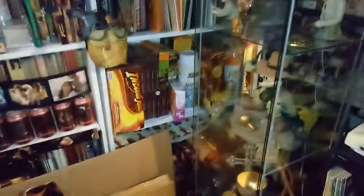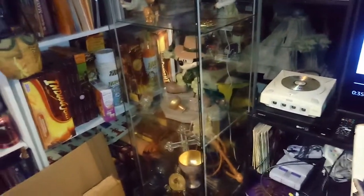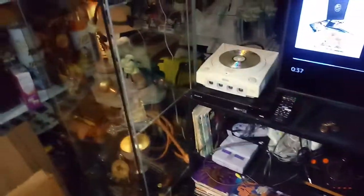So, like I said, that's some of the stuff that I collected on the standees and so forth. And I'll probably end up getting more as time goes on. Probably going to get a few more things. Don't mind me, folks. I'm just trying to rearrange the stuff again so that way it's